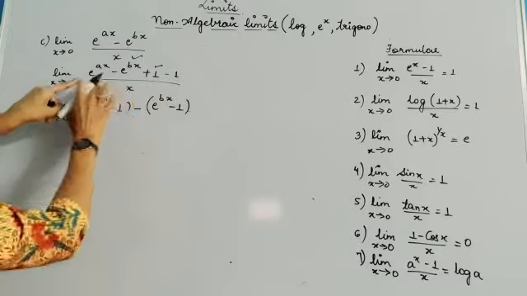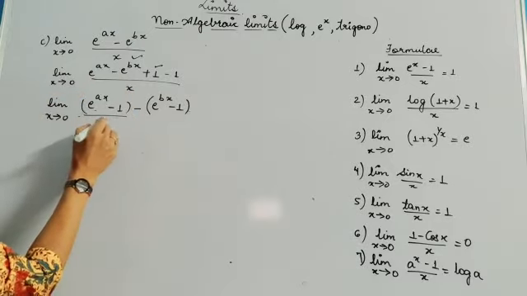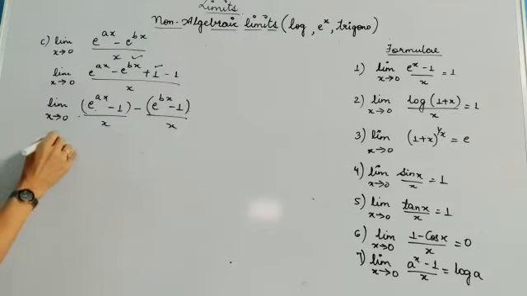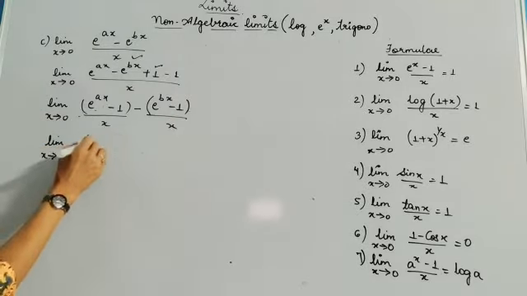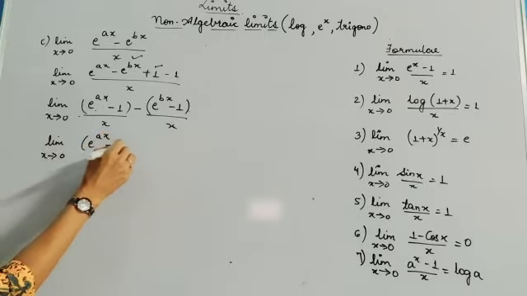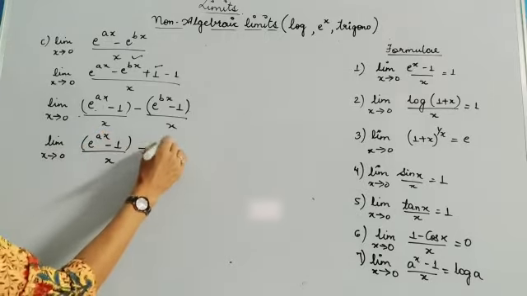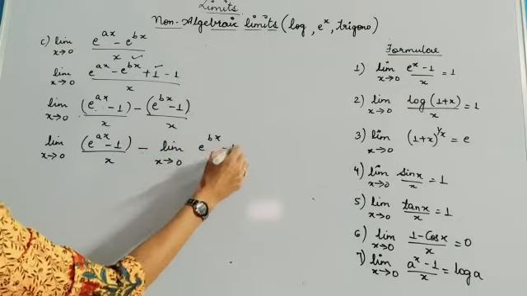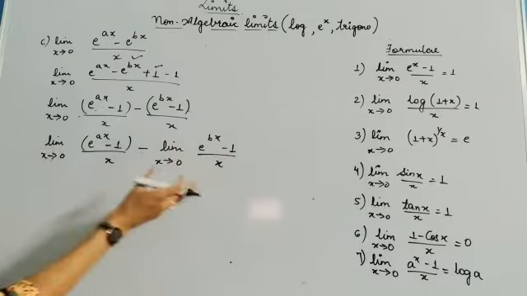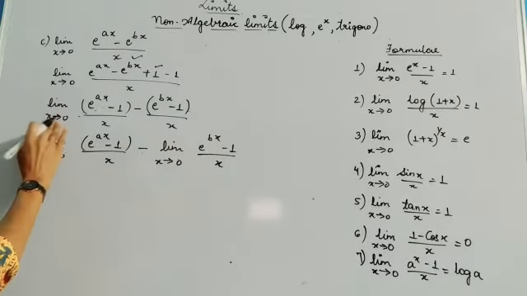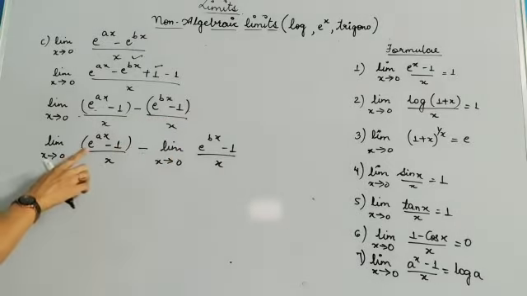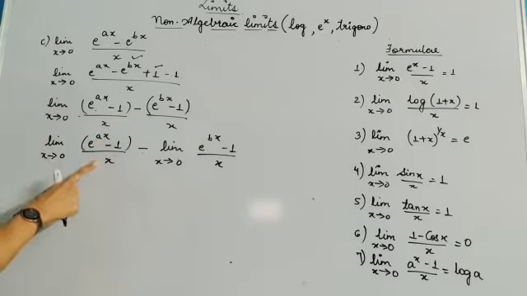And this is my whole upon x. So I can segregate this x over here. Or I can write it as limit x tends to 0 of (e raised to power ax minus 1) upon x minus limit x tends to 0 of (e raised to power bx minus 1) upon x. This is the algebra that I can distribute this limit x tends to 0 to this term and to this term also. Now this is e raised to power ax, but ax should be there in the denominator,